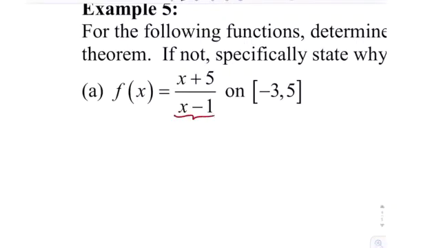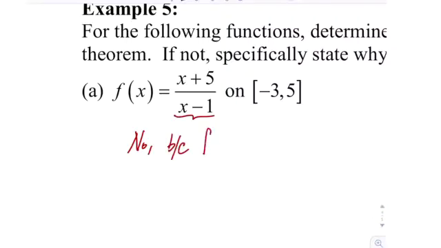No. If you look at that right there, what does this function have at x equals 1? A vertical asymptote, right? Because you plug it in, you get 6 over 0. Non-zero over 0 is infinity. That means there's a vertical asymptote causing the y values to do that. It wouldn't be a problem on certain intervals, right? But it looks like 1, where the vertical asymptote is, is in the interior of our interval. So you could say no,